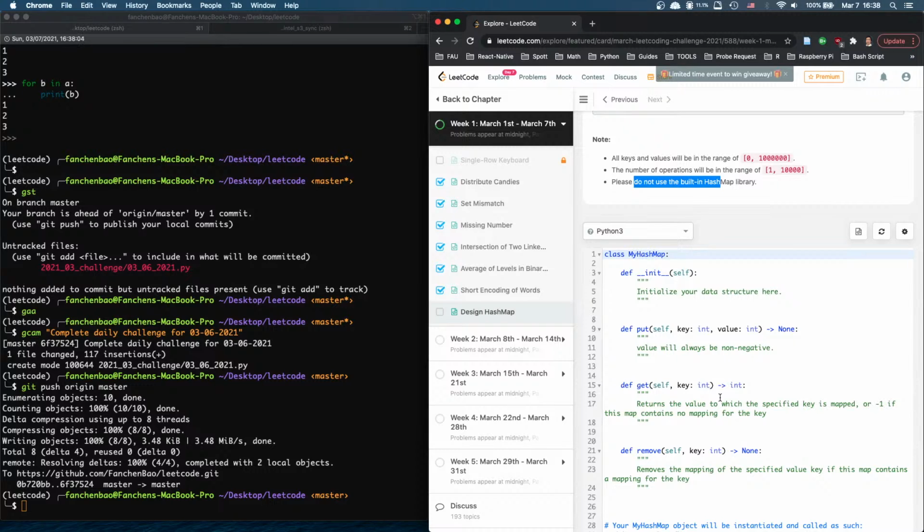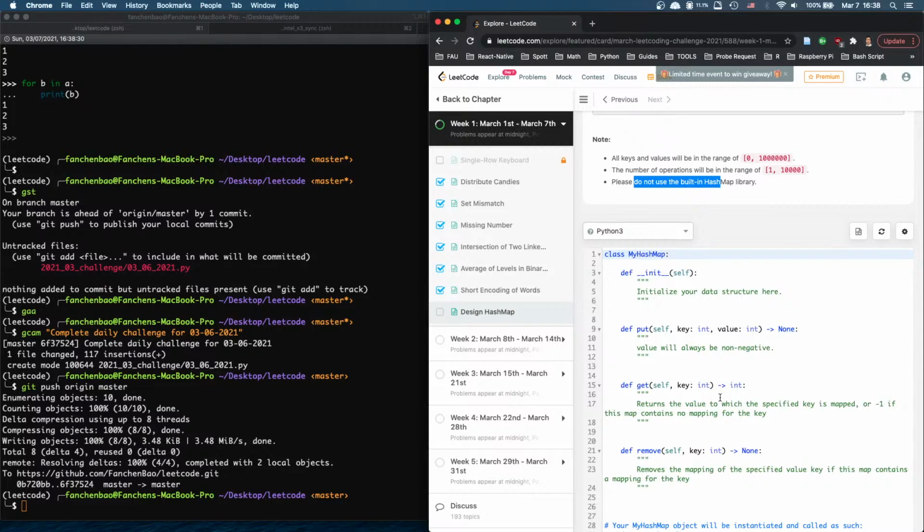Maybe that's too big. On average, if we have 1 million and our internal array is, let's say, 1,000, on average each key will have a bucket of size 1,000. Will we consider this to be a good enough